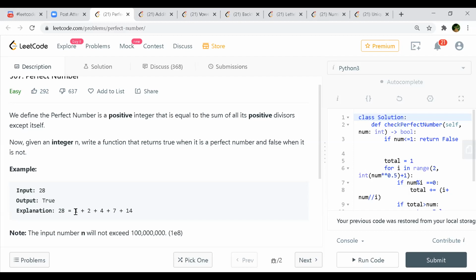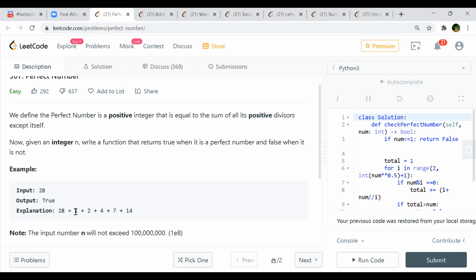So that will be a very straightforward, simple for loop which you start from 2, and you start with the answer as 1, and then you keep on adding all the divisors till you reach a number lesser than your original number. If you find the match, you return true. If you don't find it, then you return false.